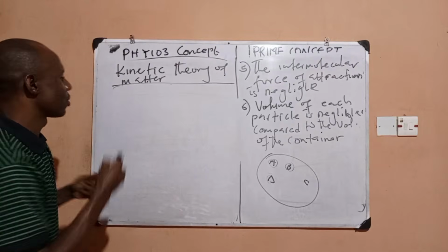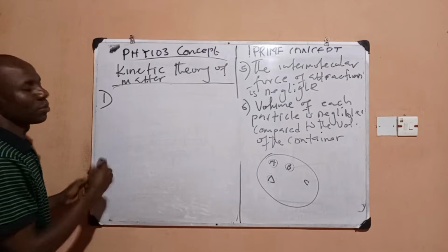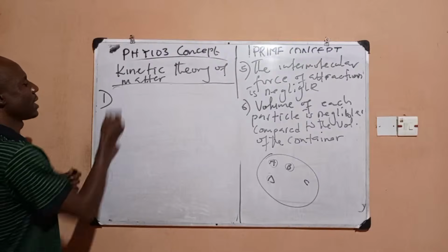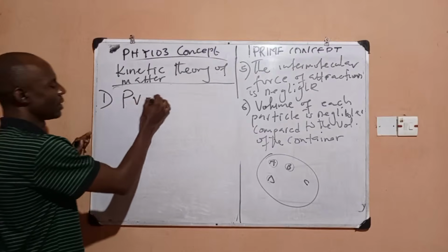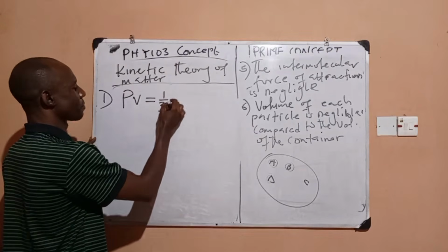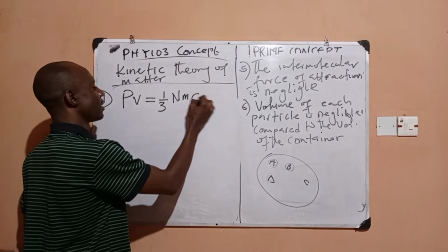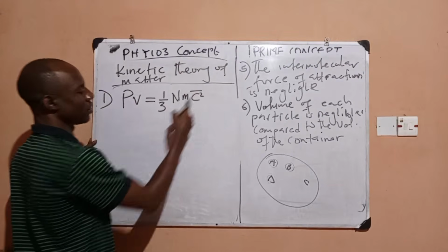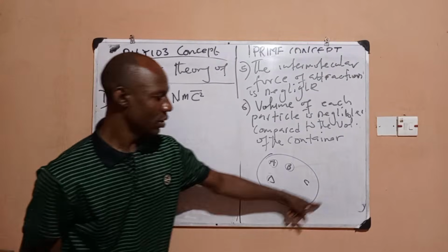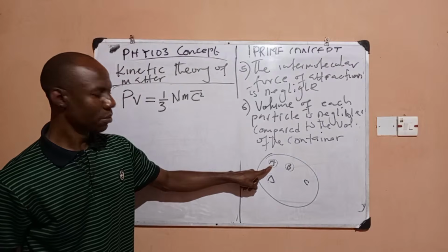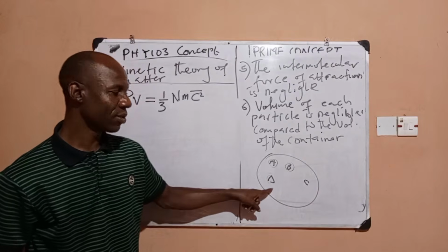So let's just go straight to the point. So with these assumptions, we can obtain some formulas, of which number one is the formula for the pressure exerted by the gas. So the pressure P, or let's say PV, from what you know, PV is equal to 1 over 3 N, where N means number of molecules, times M times C squared. We can use this formula, right? This is, remember, if you have this container, you have molecule A, you have molecule B, or particle A, particle B, particle C, particle D, and so on.